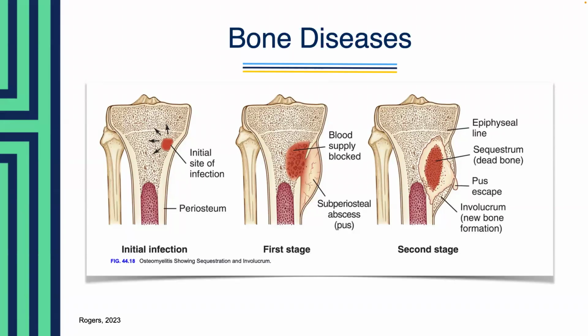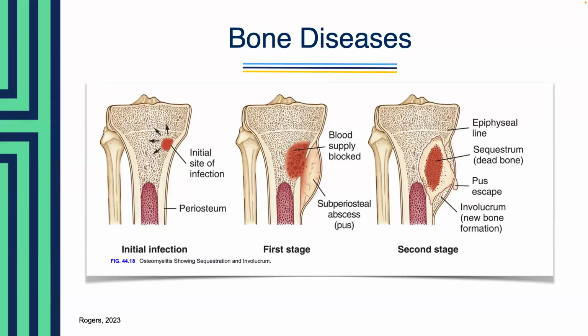risk for osteomyelitis. Some of the common clinical manifestations include localized bone pain that worsens with movement, fever, chills, swelling, redness, and warmth over that affected area, drainage from a wound near the bone, limited range of motion, fatigue, malaise, and then in chronic cases, intermittent symptoms or lack of systemic signs can be present.